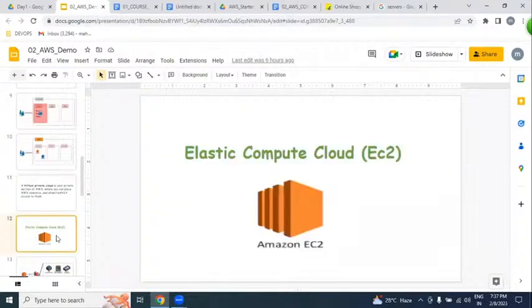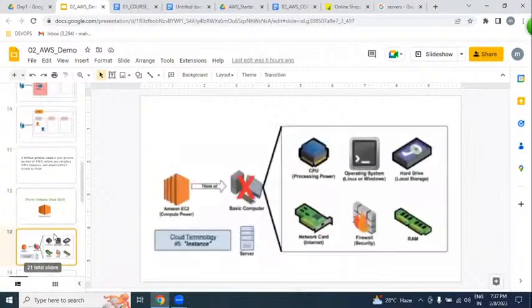But what about EC2? With the help of EC2, we can create a server. Your laptop has components, and the same kind of components are in a server also: CPU, operating system, hard disk, RAM, firewall, NIC.